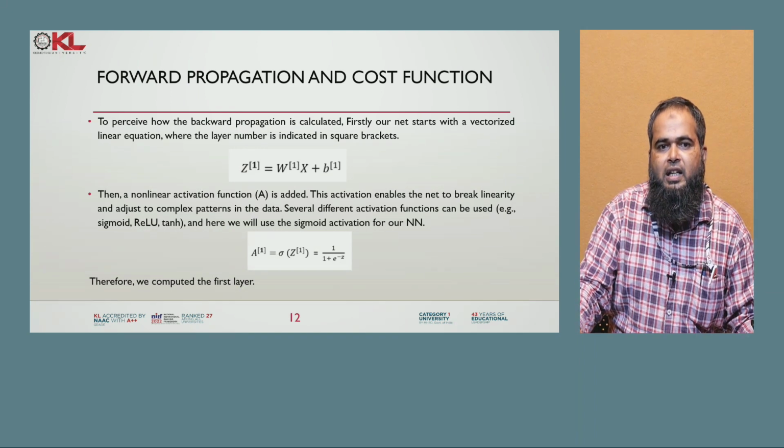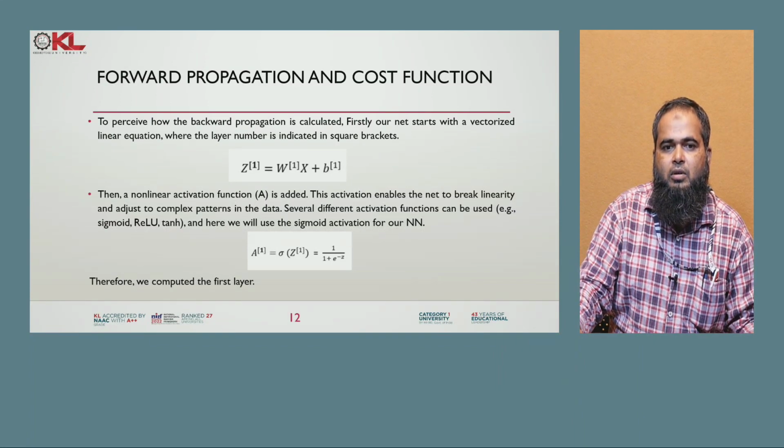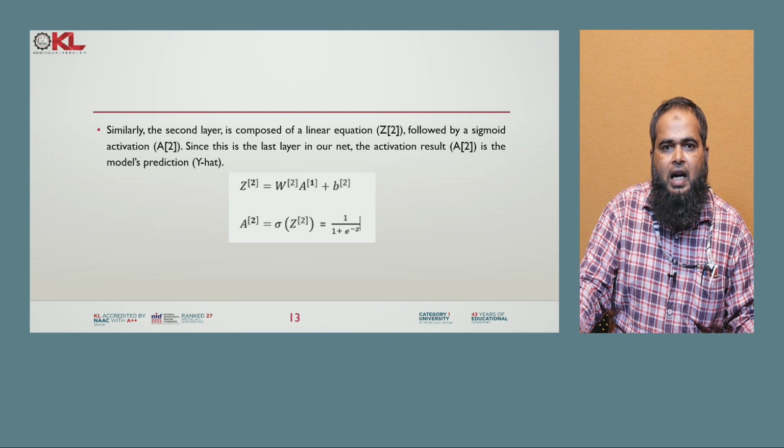Then the non-linear activation function is added here, and A1 is calculated as 1 upon 1 plus e to the power minus z, and this computation is done on the first layer. Similarly, the second computation is on the second layer,